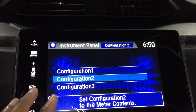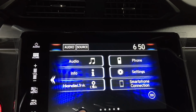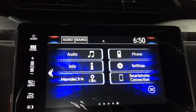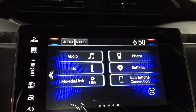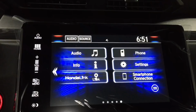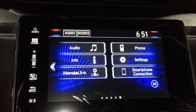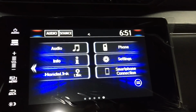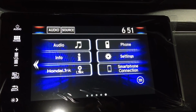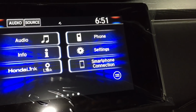Don't think you can do anything to this yet, but you'd be able to. Honda Link is gonna be a nice feature to have. It uses your smartphone. You can do remote start. You can get the car to charge. You can geolocate your car. Because it's a charge, because you have to charge this car, that's why you get that nice feature too. So you can stop and start the charge. These other ones, you'll find them on other Honda vehicles. We're not gonna go over that, and actually